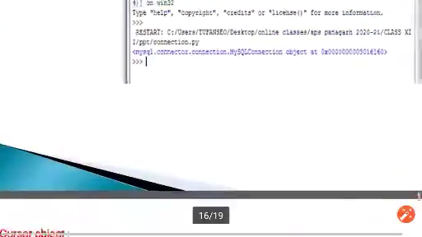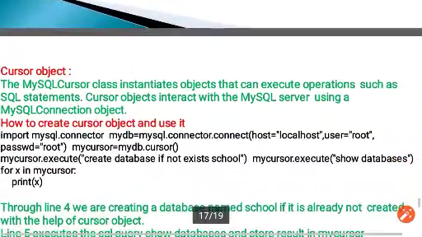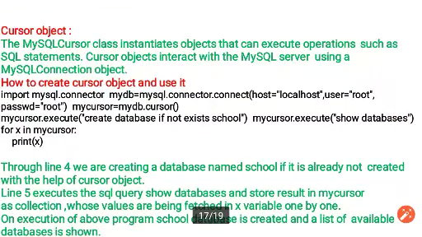Now our next step is to know what a cursor object is. The MySQL cursor class instantiates objects that can execute operations such as SQL statements. So the cursor object is used with the MySQL connection object, or you can say simply that the cursor object is used to execute MySQL statements.